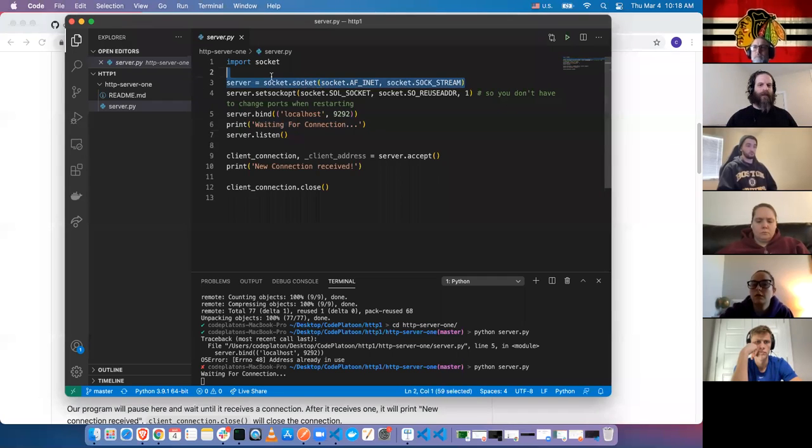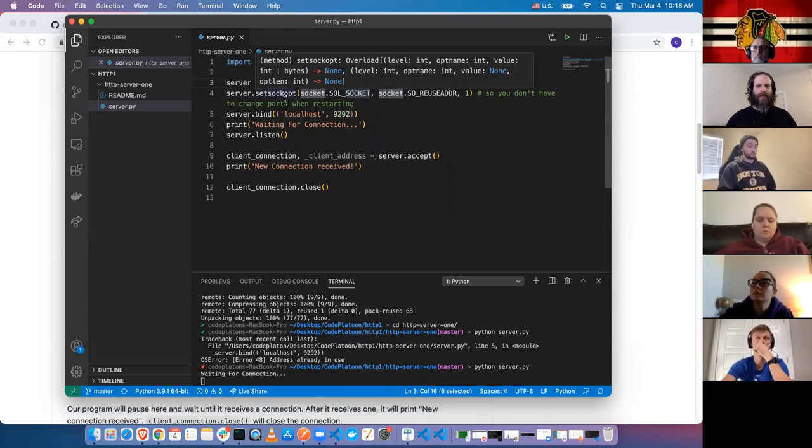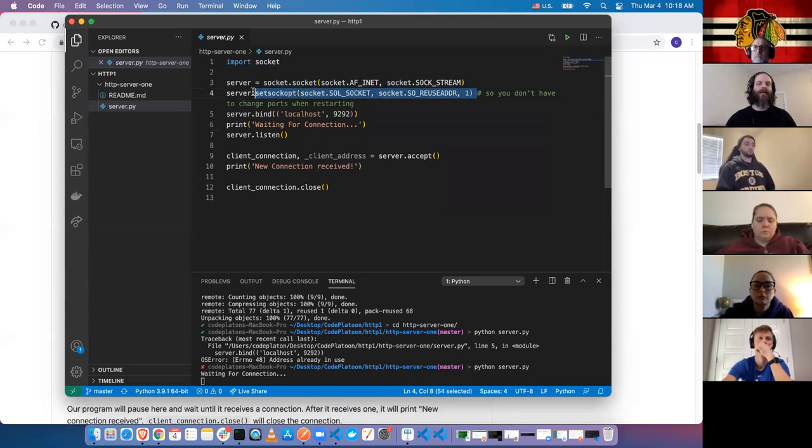And there's a whole bunch of stuff that I don't understand, but it looks like we're creating an instance of maybe a socket class or something. And then on that, we're calling setsockopt. So it looks like we're maybe just changing some configuration on this server instance that we have. I don't know what any of these things do. Then we're calling another method on this server instance. I don't know what bind does, but